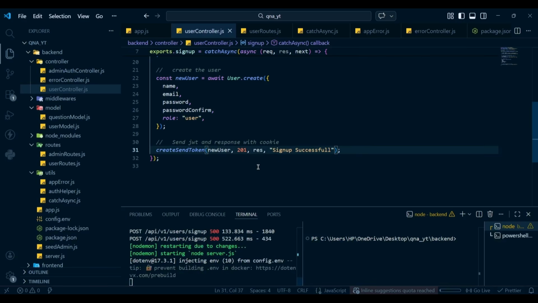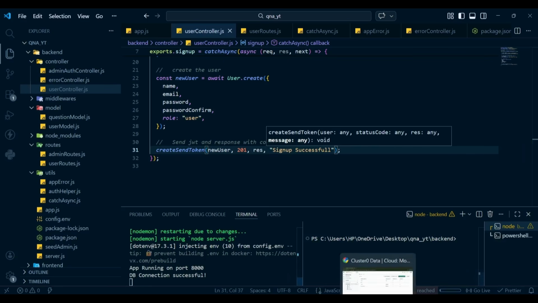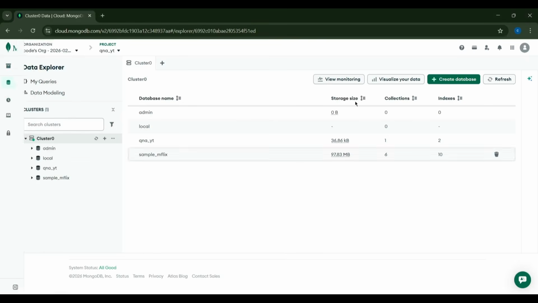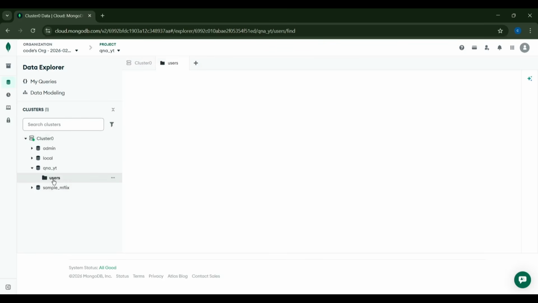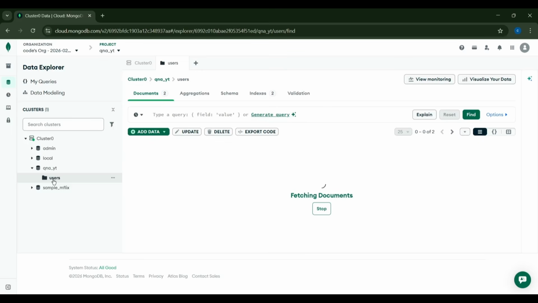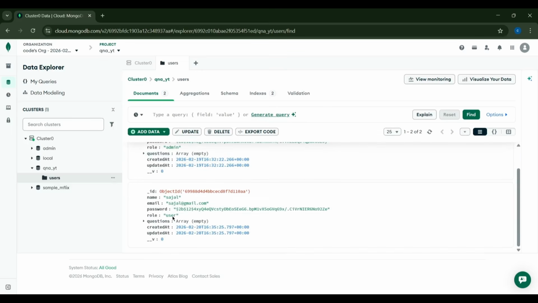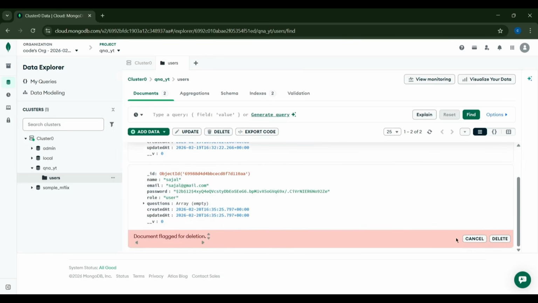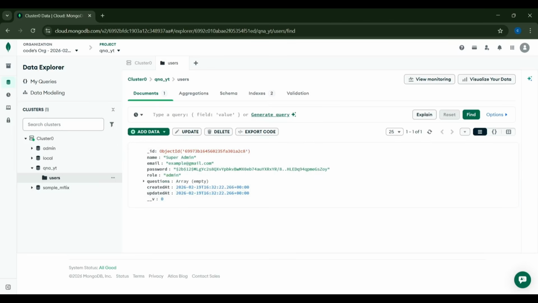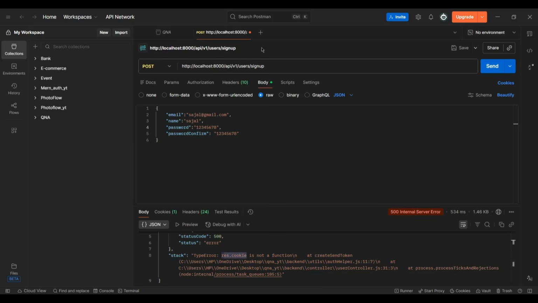So now if I click here to save, and if I go to our collection here, and if I refresh, and let's go to the user, we already have added this user, but the response is not sent. So what I'm going to do is delete it from here, and now let's create the user again. So if I click here to send,